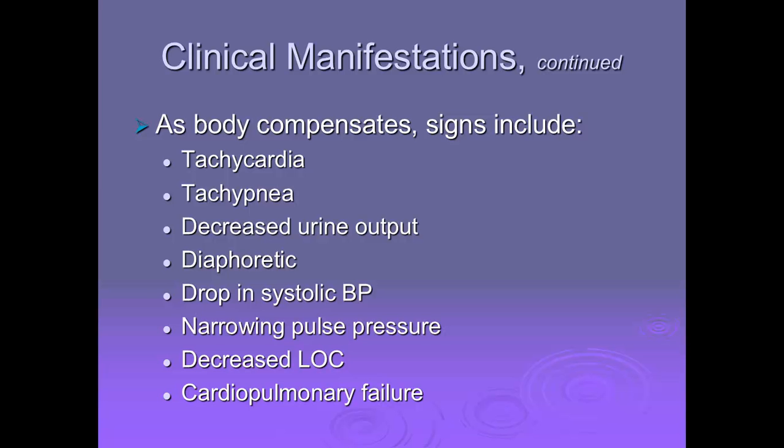Your septic shock, early signs of septic shock is also known as warm shock. Blood pressure is normal to hypotensive. Their pulse is increased and thready. Respirations are rapid and deep. Skin is warm and flushed. Mental status, they are alert, oriented, and anxious. Urine output is normal. Other, you will see an increased body temperature, chills, weakness, nausea, vomiting, diarrhea, and a decreased CVP.